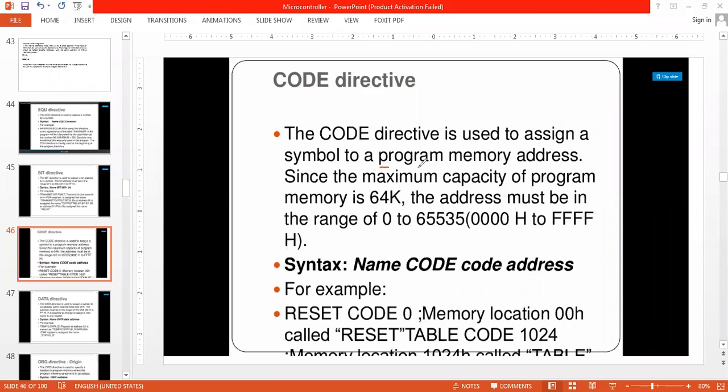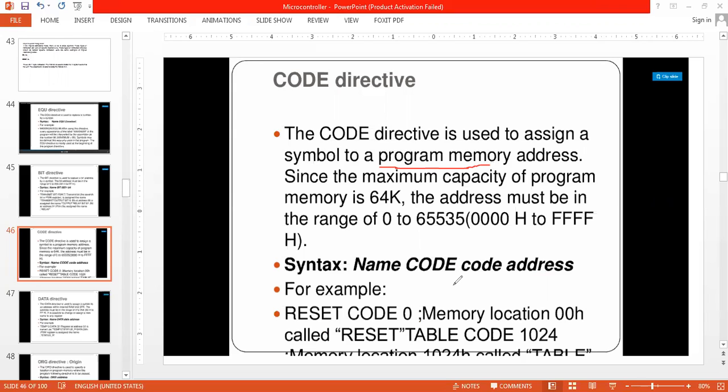I can specify a particular memory, the starting memory, as code memory or program memory, so that from that position the ALU is going to execute the code.